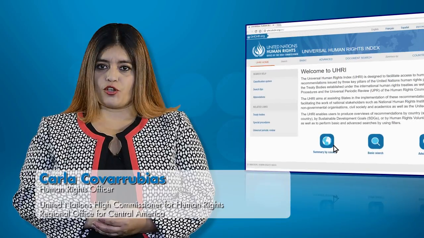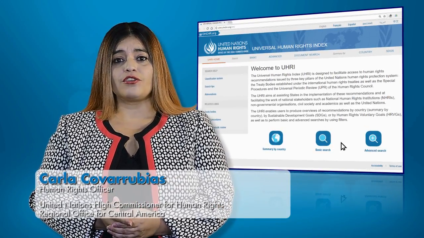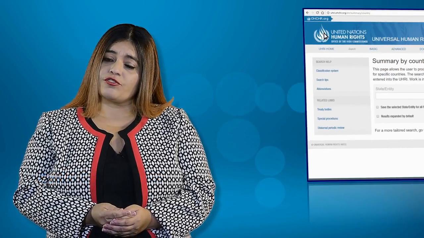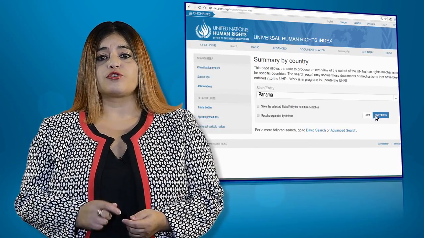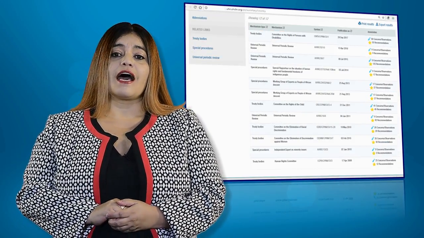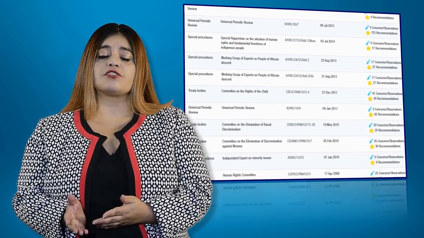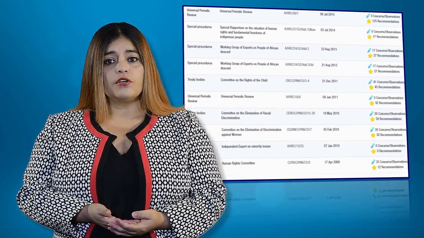Upon accessing, you will find three search options: summary by country, basic search, and advanced search. The summary by country allows the user to produce an overview of the output of all the human rights mechanisms as they relate to specific countries, or how the recommendations relate to the Sustainable Development Goals or to the Human Rights Voluntary Goals.